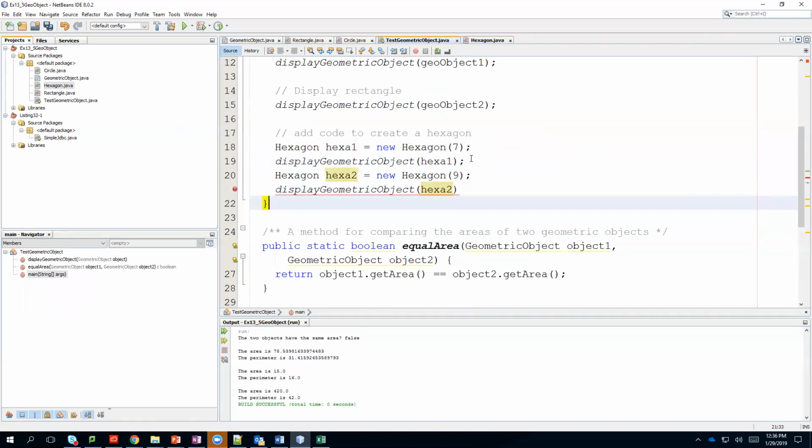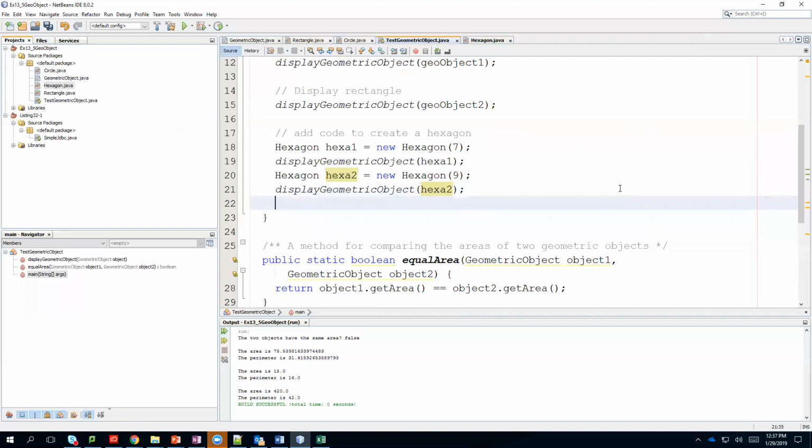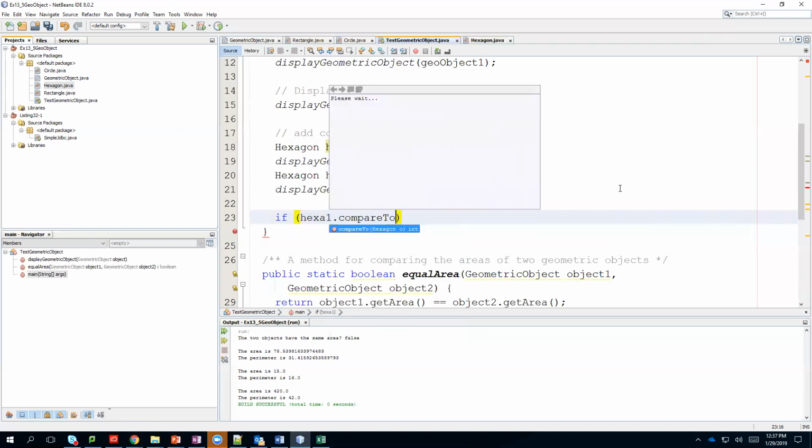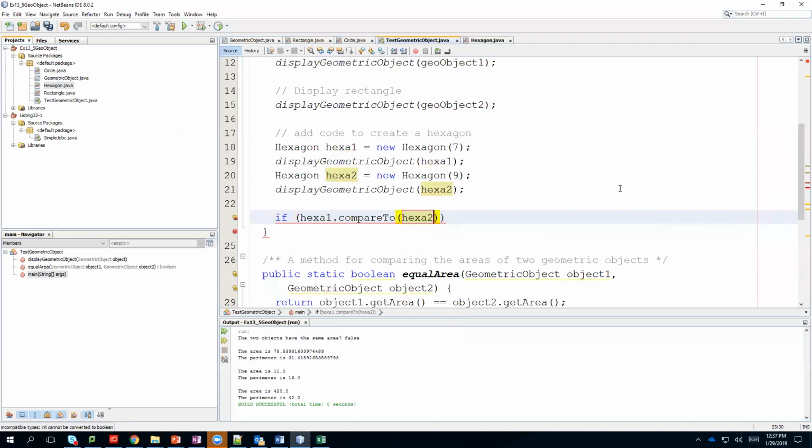This example code is a really good one for you to step through in the debugger if you want to at home and see exactly what's happening. Watch how it goes to the base class when it creates instances of these objects. Now I've got my second geometric object created, so I'm going to use an if statement. I want to say that if hexa1 dot compareTo using hexa2